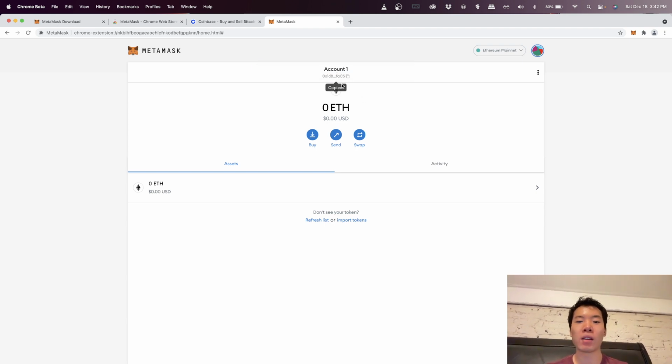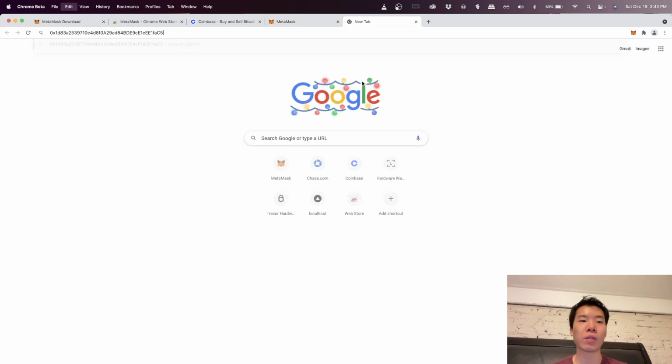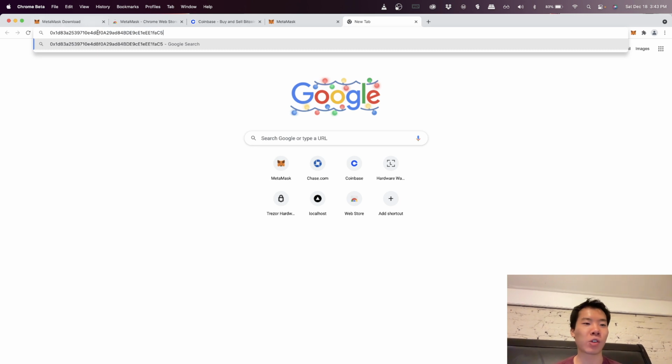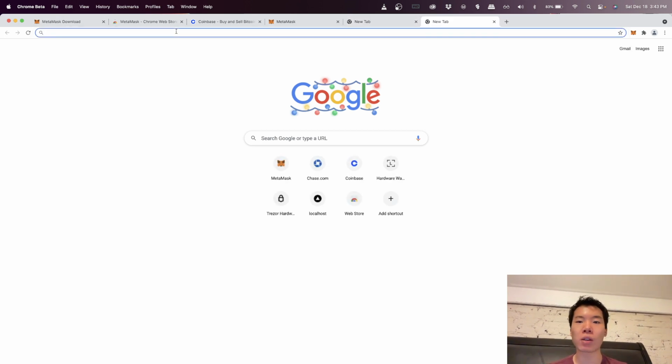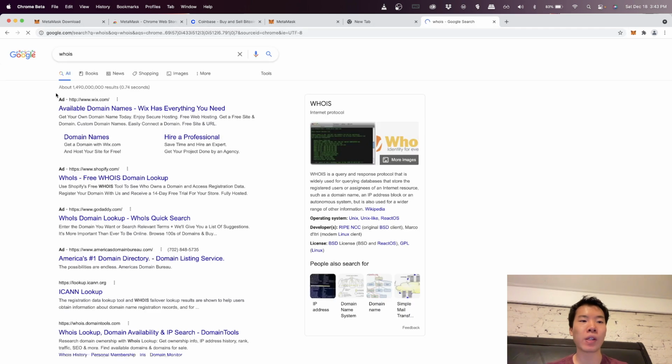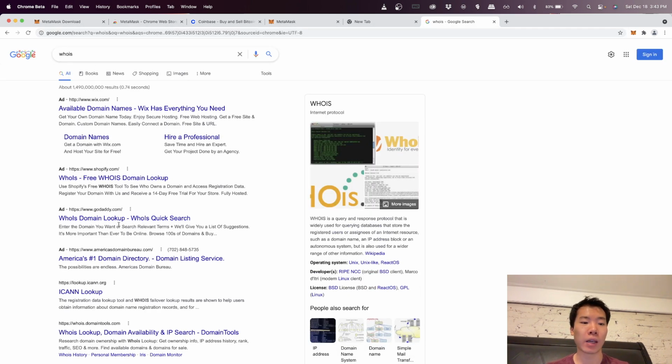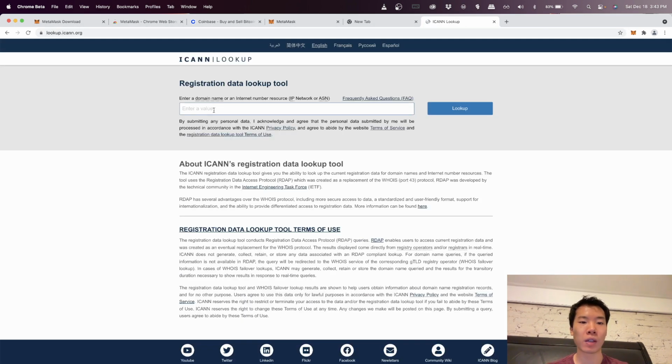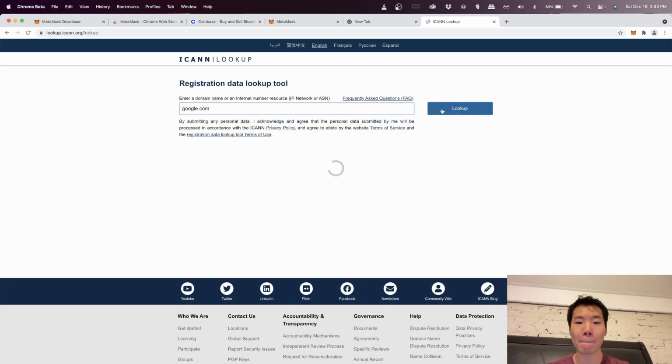This is great. And then right here, you can see if you hover over Account 1, you can click copy to clipboard, and that's going to give you this giant little hash, which no one can memorize, but this is your public address. And in the future, you can think of this as kind of like an IP address, right? So if you actually know this concept, you can visit any kind of website, right? If I go to this and I type in google.com,